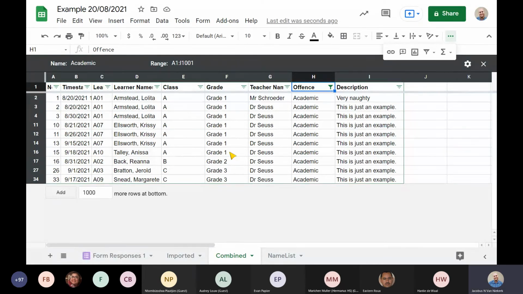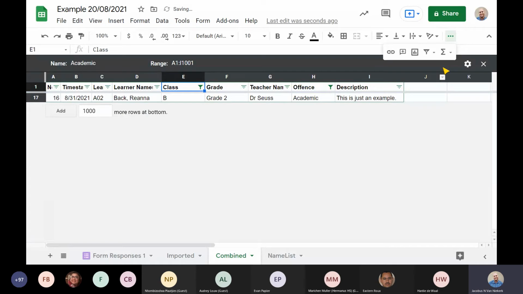It's great because you don't have to go and set it up every single time. And again, it's the same sort of thing. You can apply lots and lots of details to this. I've only got the one column that I've filtered so far, but I can apply, let's say class, we're only going to filter B. So once I've selected that in my filter view and I close my filter view, when I open that academic, it applies both of those things that I've already set up.